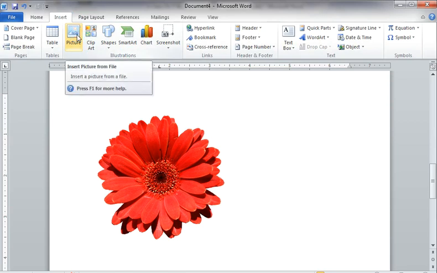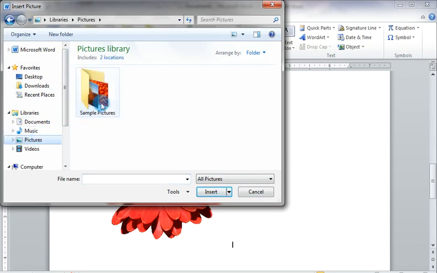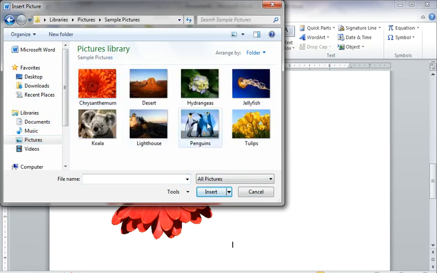By clicking the picture, the insert picture dialog box appears, and you can select the location of the picture, and insert it by selecting the picture and clicking on the insert button.